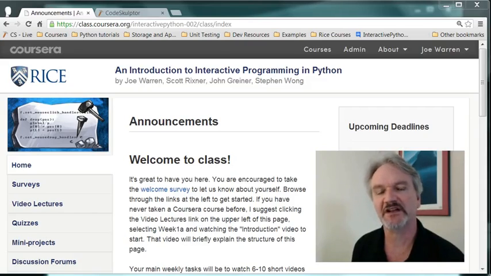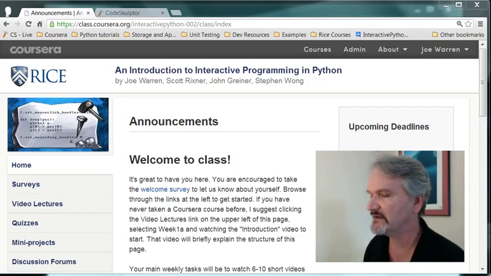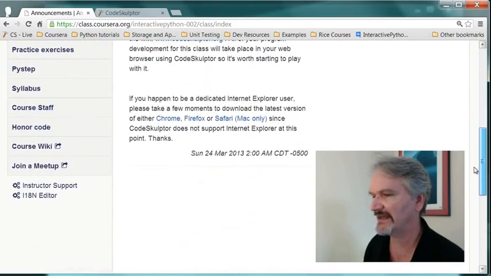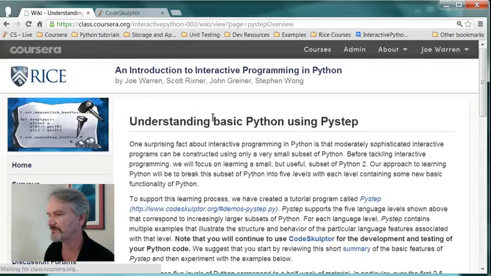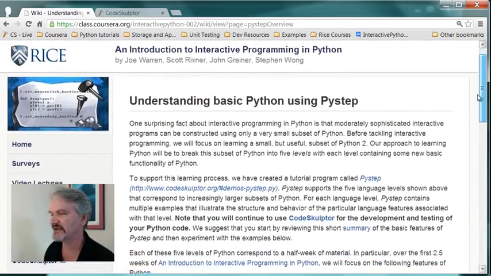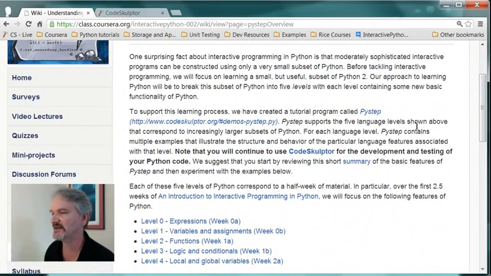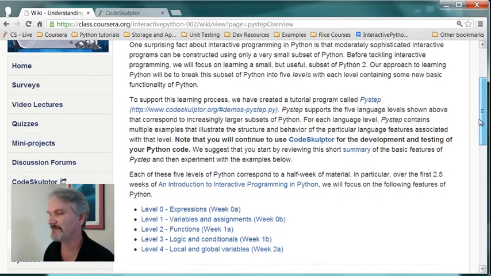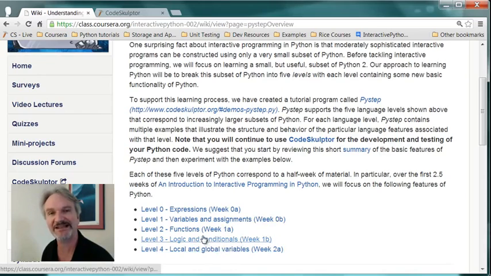So what we did for this session of the class is we created a tool called PyStep that's designed to help you understand the structure of Python programs and how Python programs are evaluated. You can get to it by going from the main class page down and clicking on PyStep. What you'll see here is an overview page that talks about PyStep. It has a link that allows you to pop up PyStep in CodeSculptor. It's a CodeSculptor program. And most importantly, it talks about the associated tutorial material that we've provided to help walk you through examples in PyStep